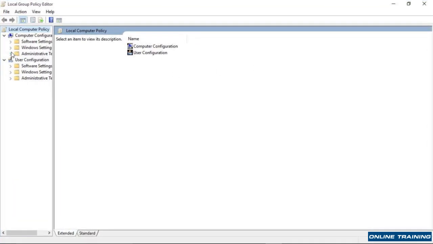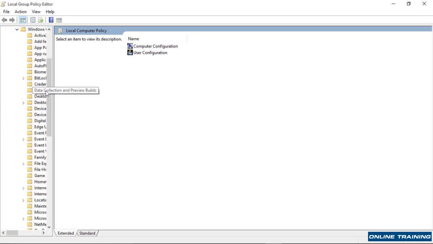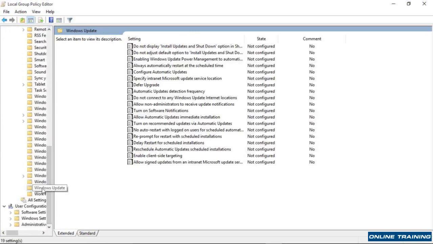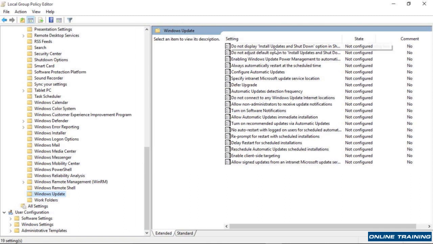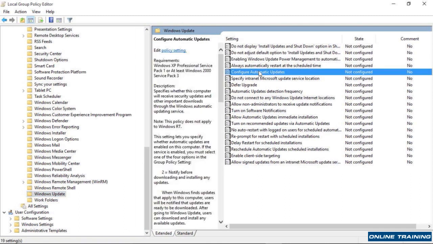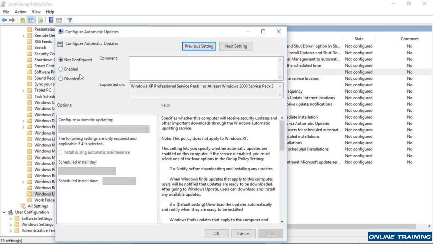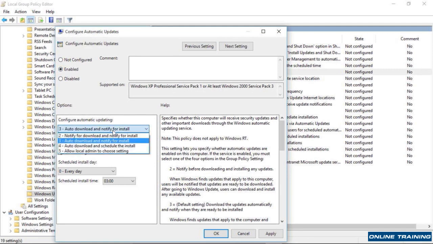Okay, in the policy under computer config, administrative templates, Windows components, you go all the way down to Windows Update, and you're going to see all the settings. Now this is just the local policy. We wouldn't be doing this here. But these settings are also going to be available in a GPO. Okay, so when you go to configure automatic updates and you enable this, then you've got the 4 options that